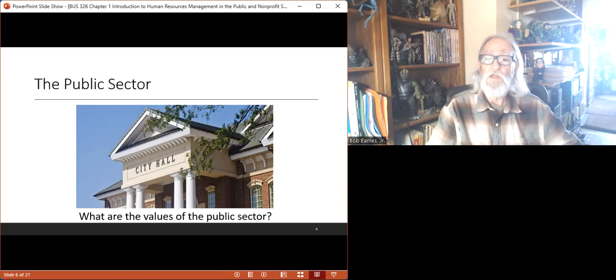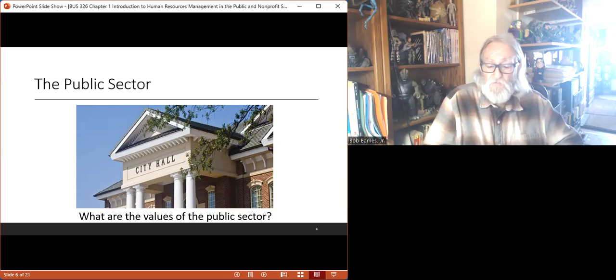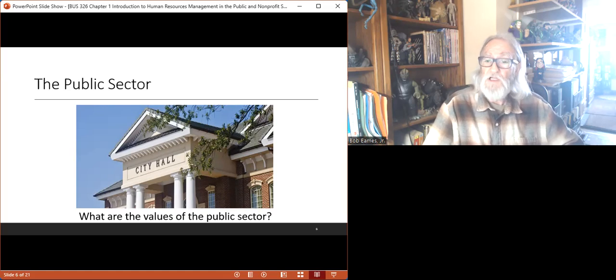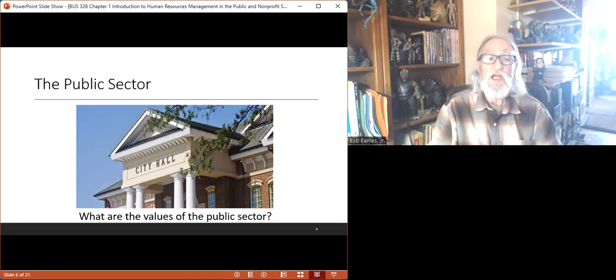What you will find in the public sector are values that are probably not found in the private sector. You will find values of accountability to public and elected officials. We don't have those values or those constraints generally in the private sector. We find the value of responsiveness to the law and government authorities. We conform to ethical standards, usually very strict standards of accountability in the public sector. And public affairs are expected by the public to be conducted with the goals of fairness, equal treatment, social equity, and impartiality.